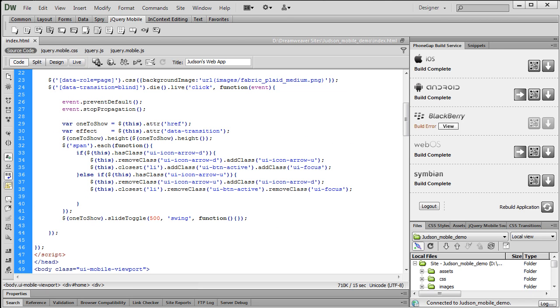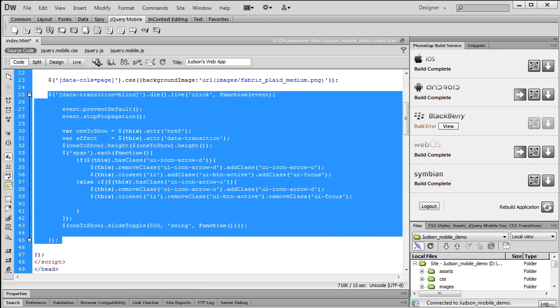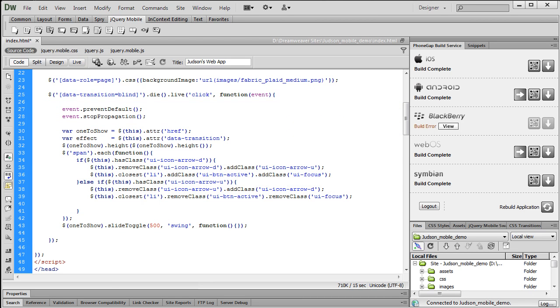And just to make this a little easier to see, I'm going to go in and highlight so you can see all of this is the script here, okay? You're talking about 20 lines or so. And what I'm doing is, as a selector, I'm saying data transition blind, die. This is sort of a safety mechanism for bubbling and propagation. Live, click. So when they click it,